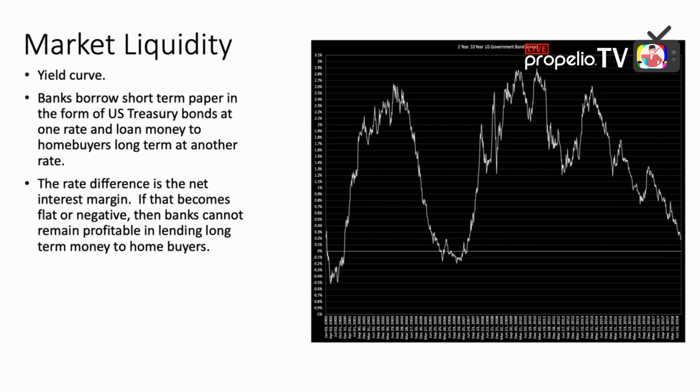So what they borrow at short term, they lend out long term, say a 30-year fixed rate. That spread is their net margin. That's how the bank makes money on those. Okay, and just like you're saying, what if that spread starts getting smaller and smaller? Banks start getting less and less profitable at lending money. And so that decreases the liquidity in a market.